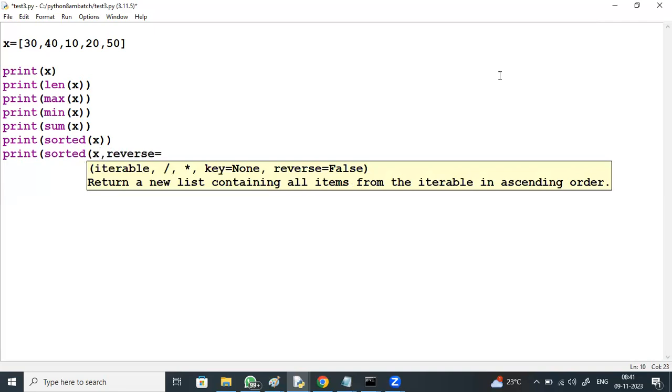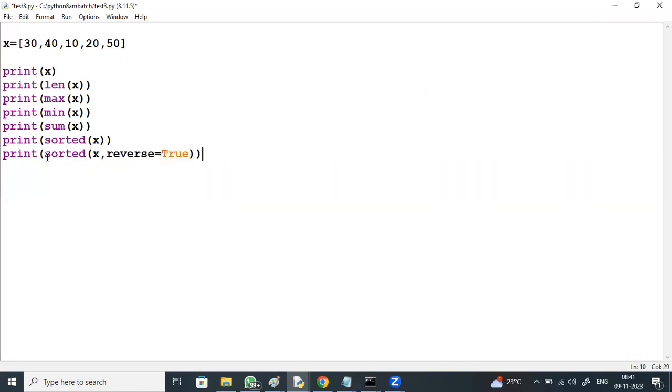Reverse equal to true, if you want descending order. Sorted of X means ascending only.